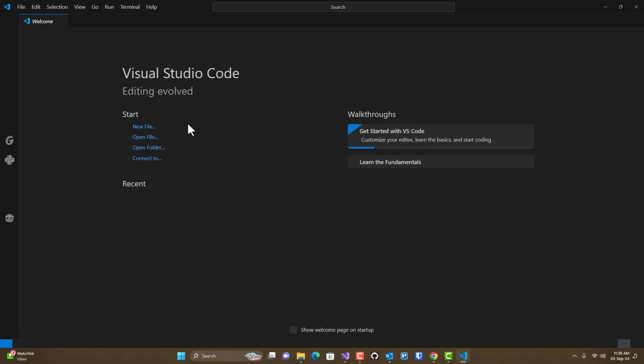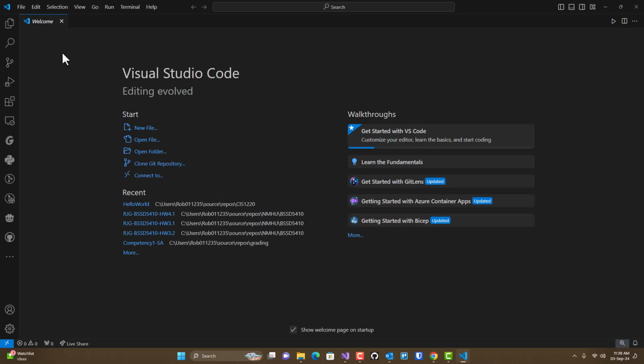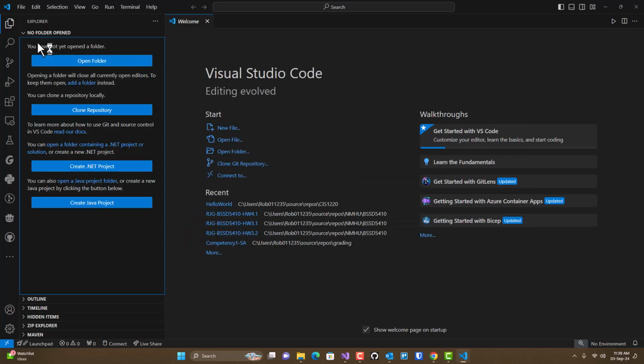And when it opens up from scratch, you won't have any folders open. And so if you click on the Explorer, you'll notice that it'll look like this. Now, some people will just create a new file and start writing Python. I don't recommend that. What you're going to want to do is open folder, either here or open folder here,